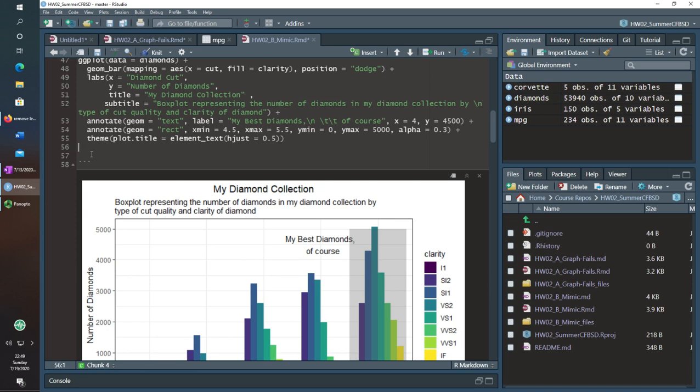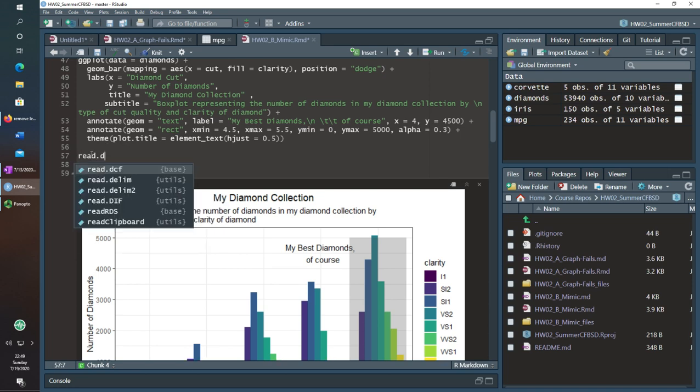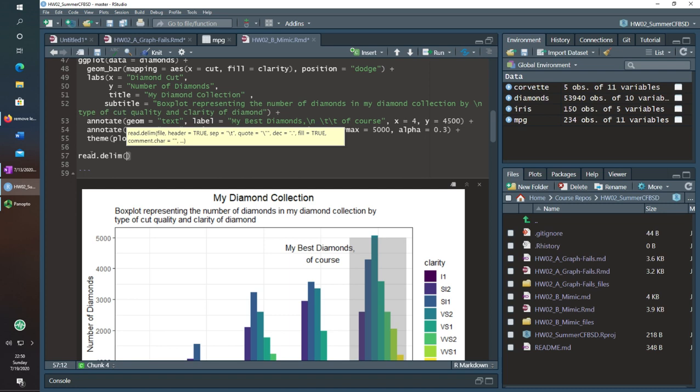So if you go and do read_delim, you can see the sep here assumes that it's a tab separated file, which most text files are, compared to a CSV, which is comma separated, where you'd want to have a comma. Or just do read_csv. So, fun facts as always.